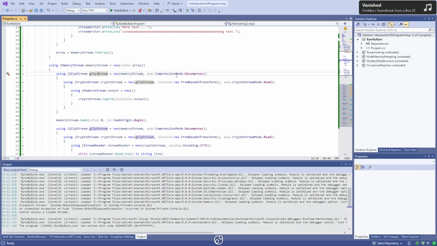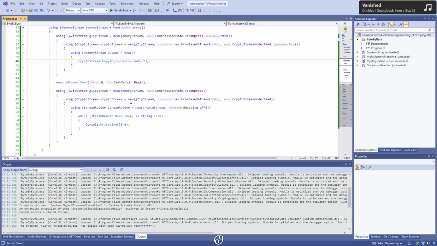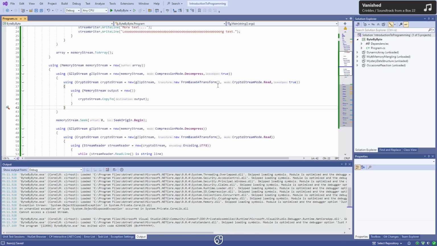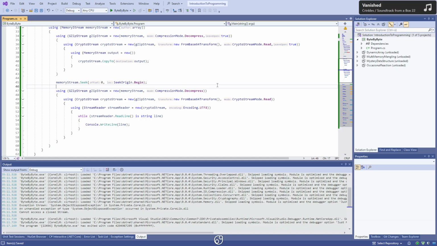GZipStream, for example, has an additional argument I can put in, a boolean called leave open. And this CryptoStream here also has that. And actually a StreamReader itself would also have that. So StreamReader, yeah, it's a bit special. There are some other arguments, but leave open exists here as well. And the thing is,